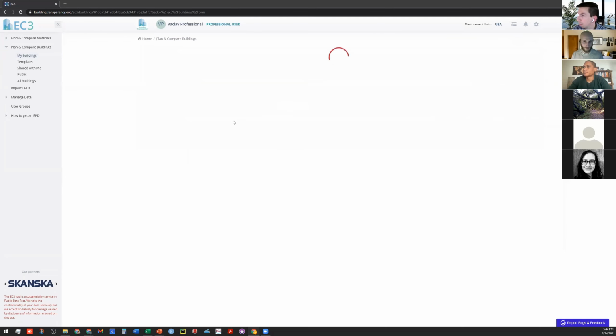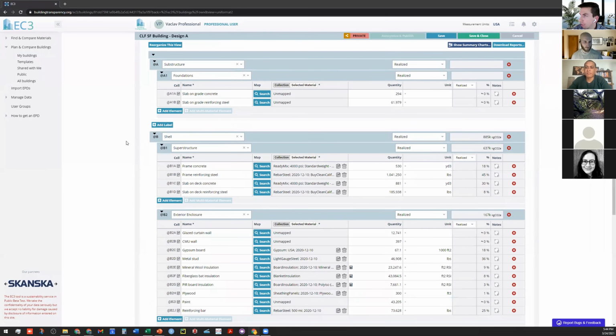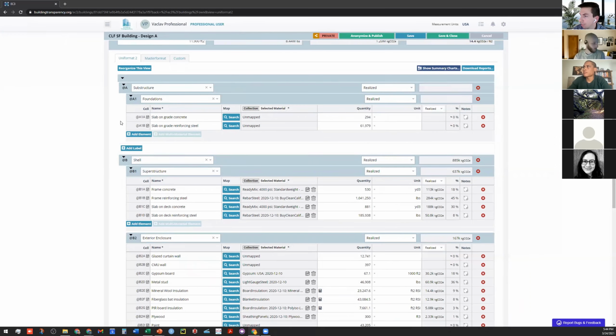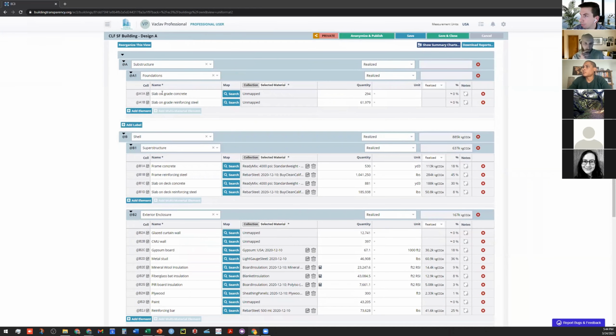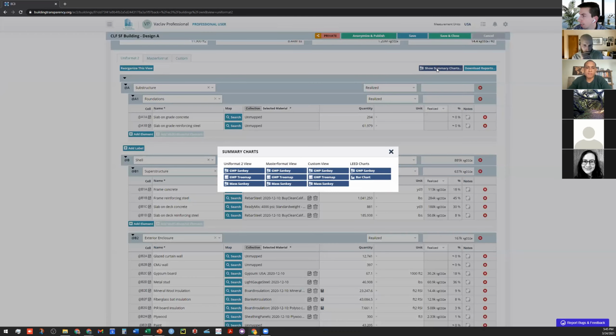But if you are back inside of the project, and I scroll down to my material quantities, basically the takeoff, you can see that I have many more elements defined, and many of them actually linked with different material searches. And so now if I scroll back up to the top and click on the show summary charts, I can select from different types of charts to view.